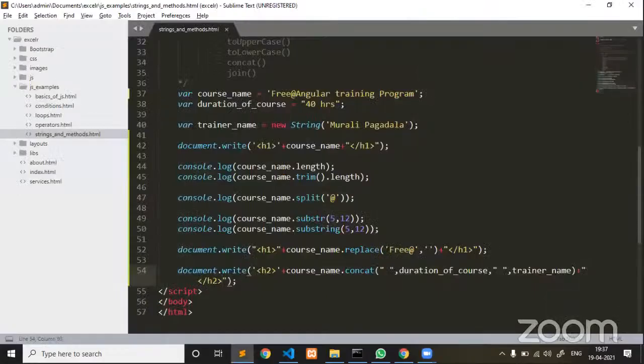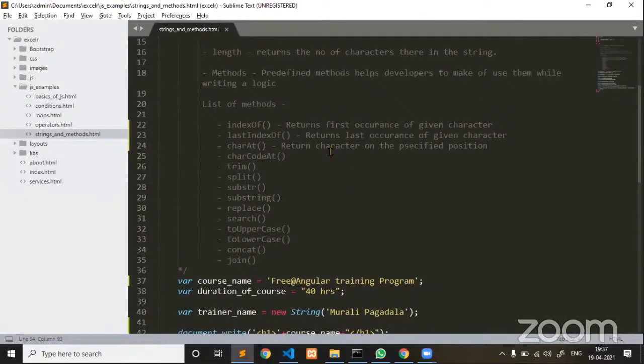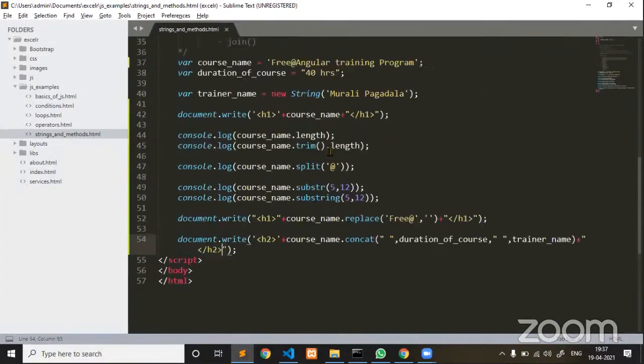Okay, so the remaining methods you please try to understand, and I think I have executed almost all the methods. Next I would like to move on to arrays. Guys, strings and arrays are both storage techniques. Either you can go for a string for storage or you can use arrays. But what is the difference between string and array? Array is a collection, whereas a string is a sequence of characters.